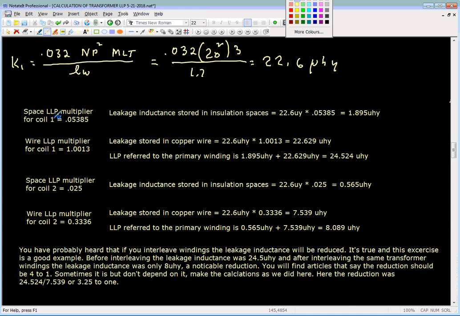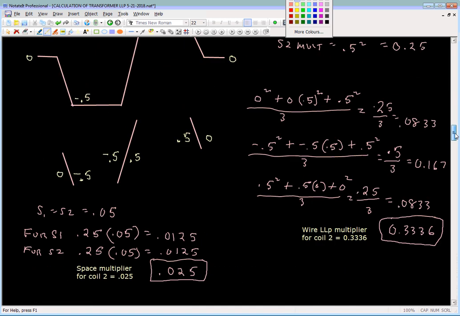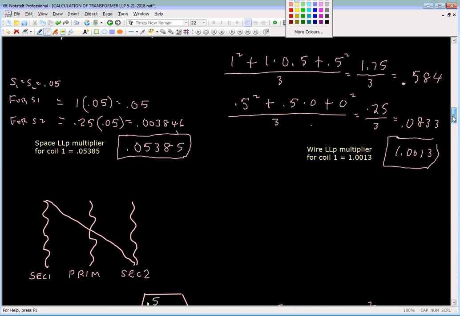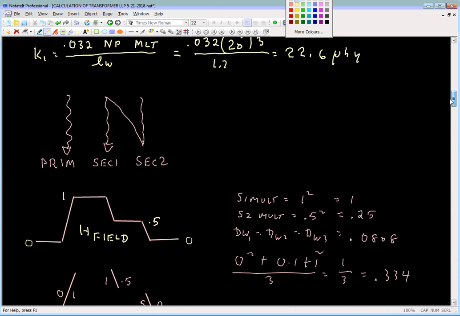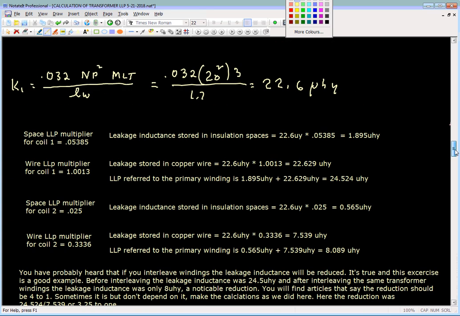The space LLP multiplier, that means leakage inductance referred to the primary, coil 1 is 0.053885. I'm just repeating that number. There we came to up here. Okay. Now,